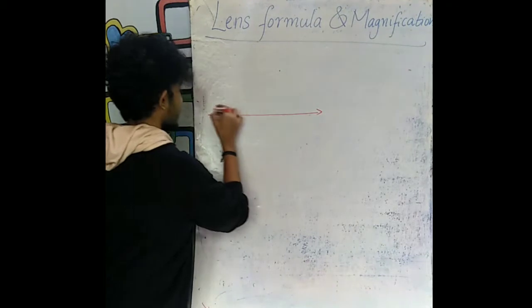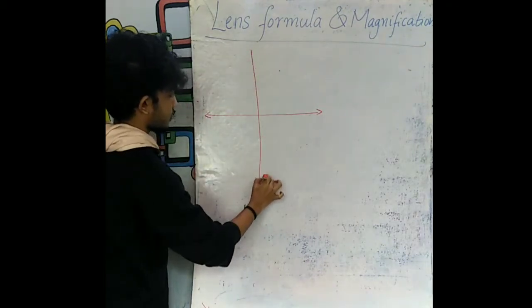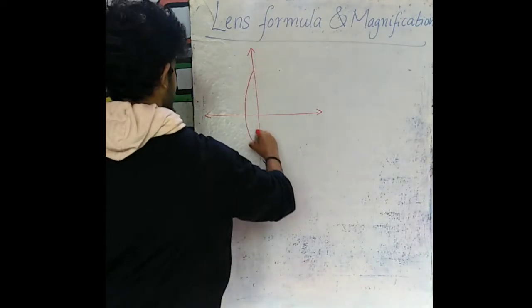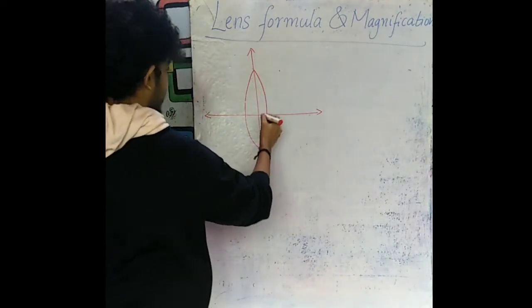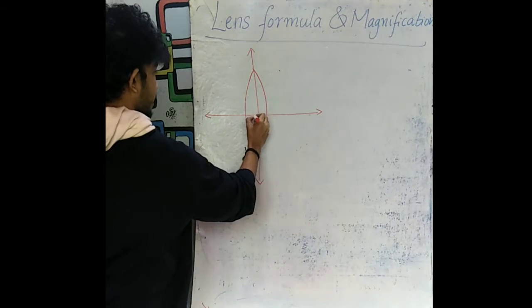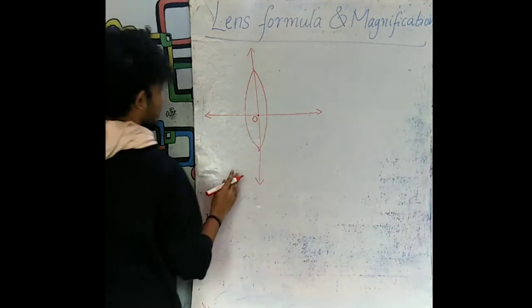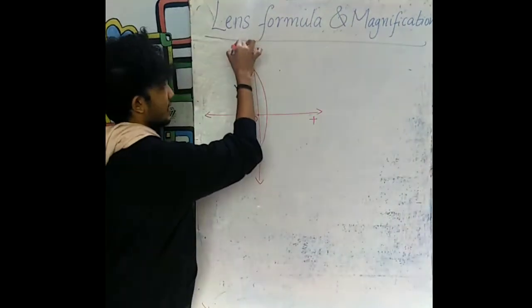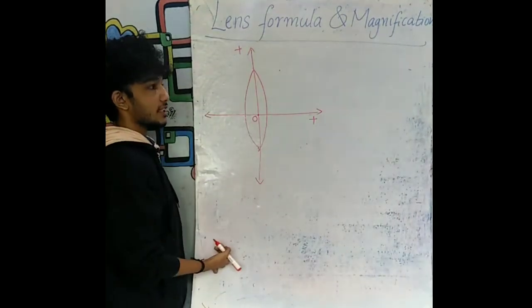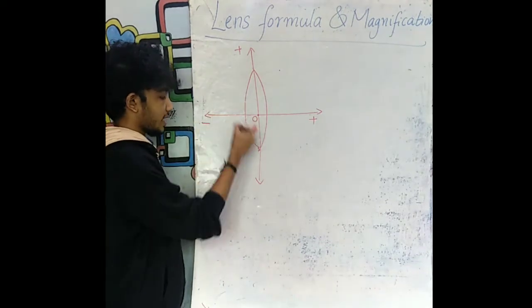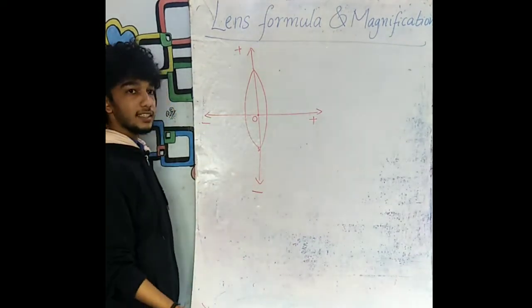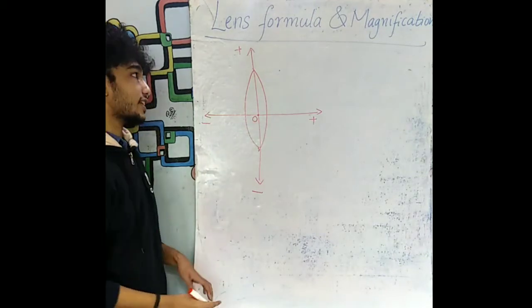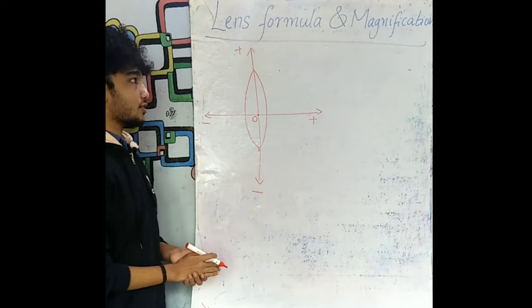Suppose we consider the Cartesian plane comprising the x-axis and the y-axis. Here the x-axis will be the principal axis. A lens is placed whose optical center is the origin of the Cartesian system. Those distances which are to the right as well as above the lens are taken as positive, and those which are to the left and below the lens are taken as negative. All the distances are measured from the optical center of the spherical lens. These are the sign convention rules.